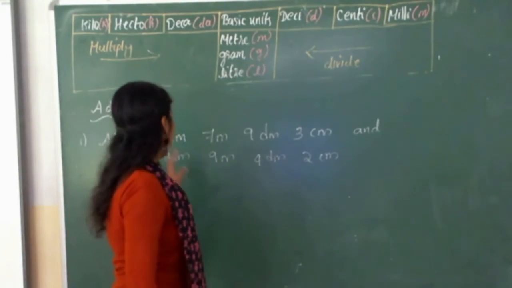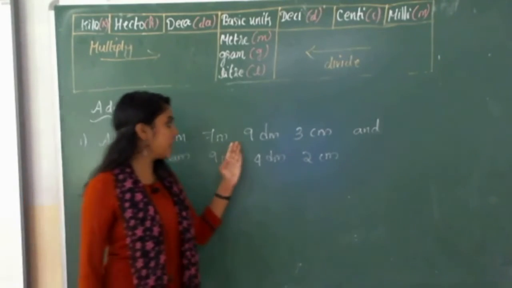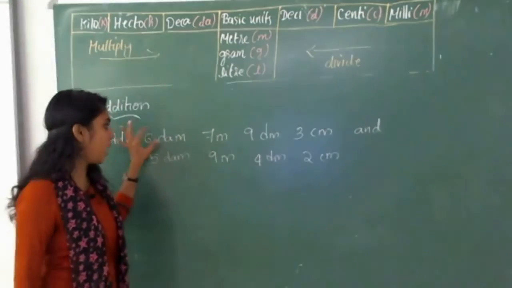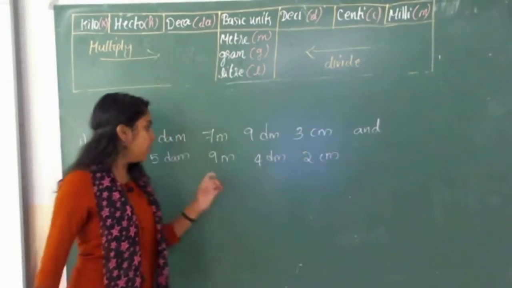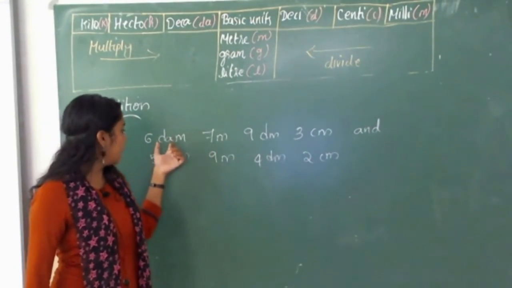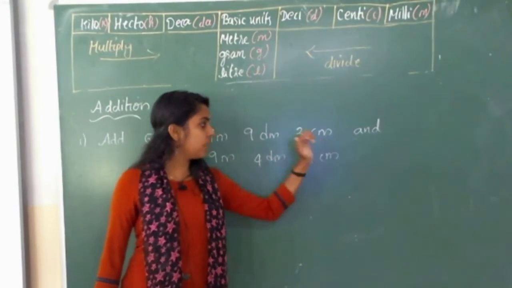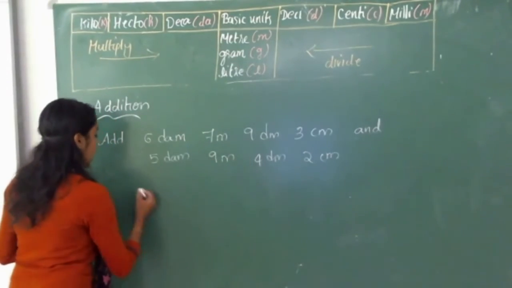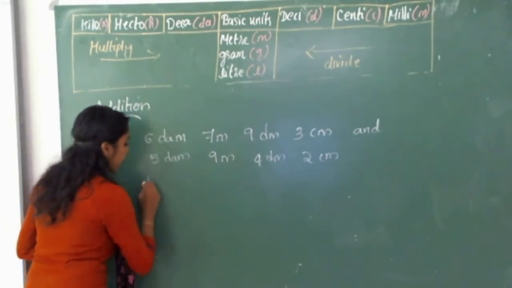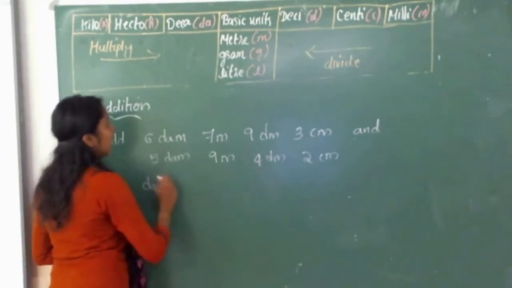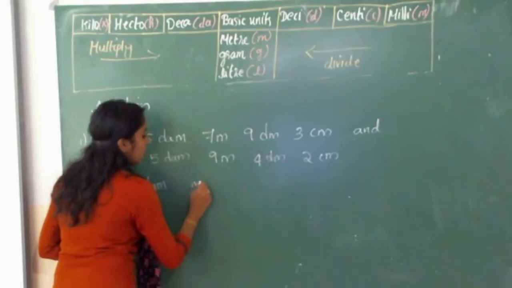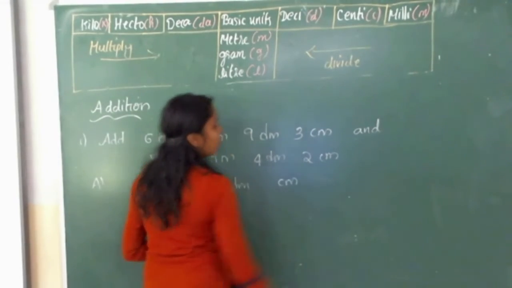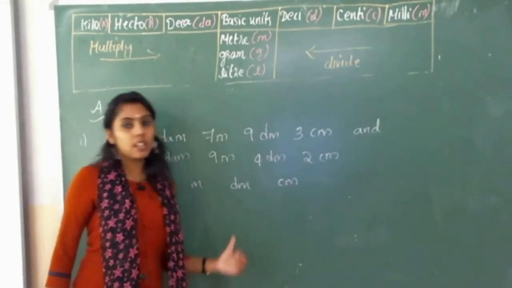So first of all you can see in this question decameter, meter, decimeter, centimeter. Here also decameter, meter, decimeter, centimeter. Which is the first one? Decameter. Which is the last one? Centimeter. Isn't it? You have to read the question first and look at which is the first unit and which is the last. Then write all the units in between first. First write decameter. After decameter, what's the next one? Meter. Next decimeter, centimeter. Millimeter no need to write because the numbers are given only till centimeter.